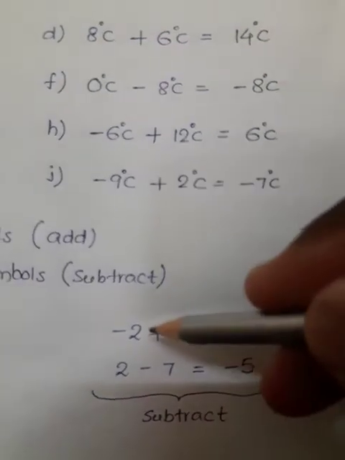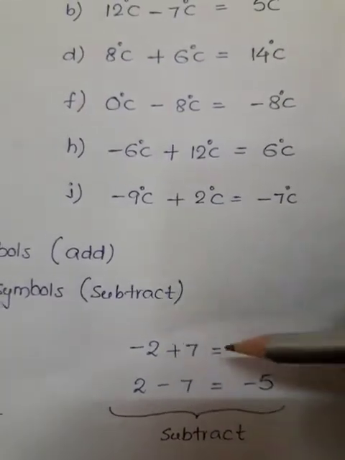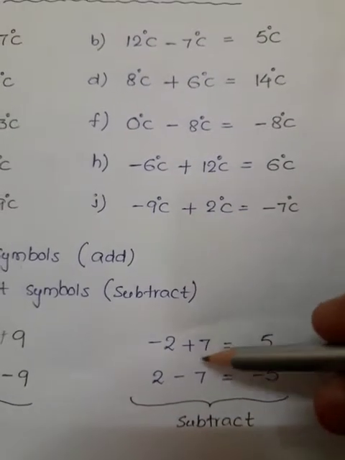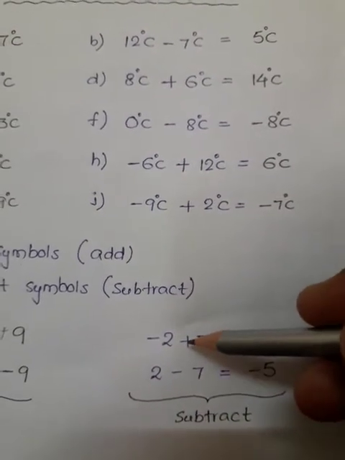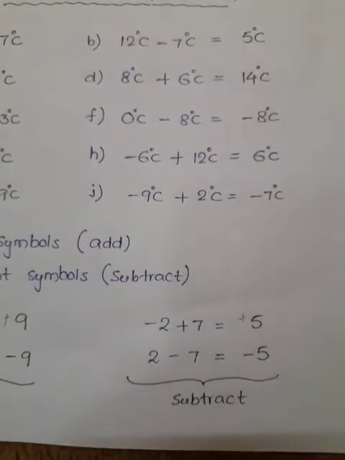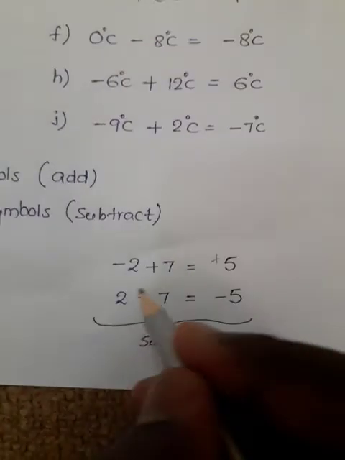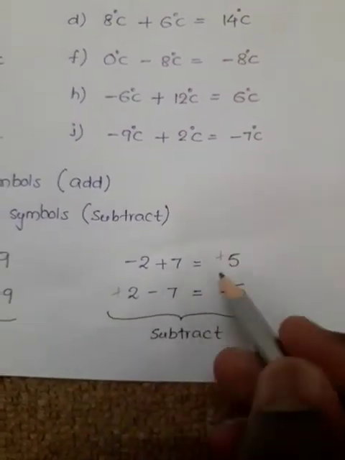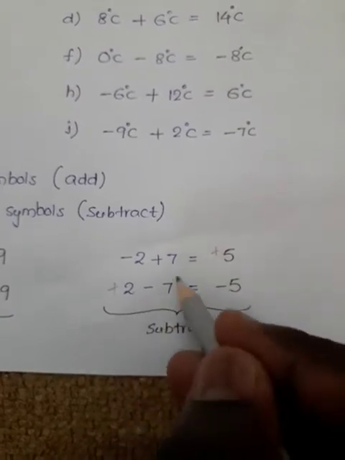Here what? Different symbols. Look at here, before 2 minus symbol, before 7 plus symbol. So minus 2 plus 7 how much? Subtract, but after the subtraction you have to check which is the big number. 7 is the big number, before 7 is positive. So if you want, write the positive symbol, otherwise no need. Now here, before 2 nothing means what? Plus symbol, right or no? So plus and minus, different symbols, subtract. So 7 minus 2 is 5, then 7 is the big number, before 7 minus symbol is there, so minus.